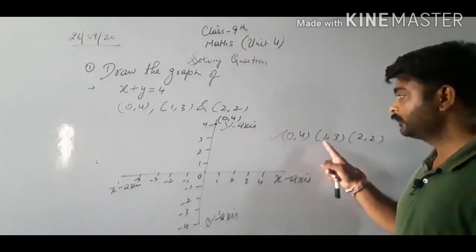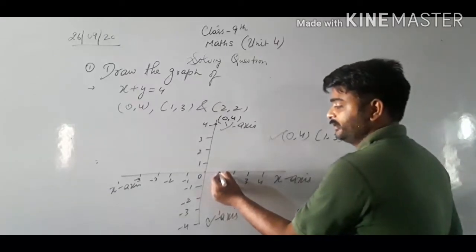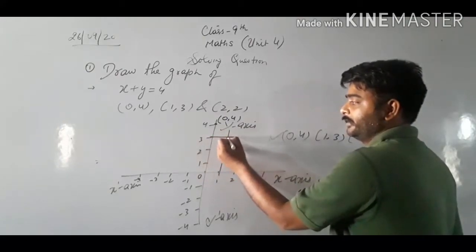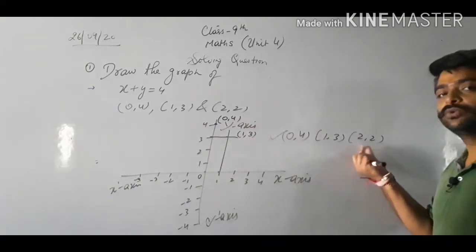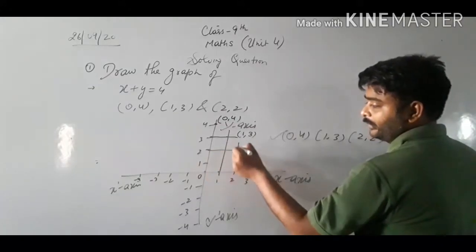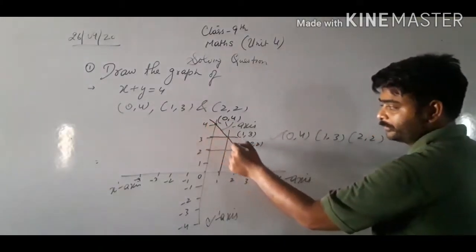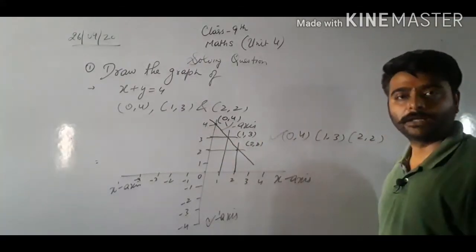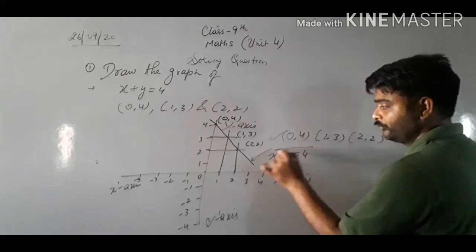Now this is (1, 3). What is (1, 3)? 1 is x and 3 is y. So this is x, it's 1. Then we go till 3. So the coordinate is (1, 3). Any doubt? Again, it's (2, 2). It's 2, we'll go to the y. The point of intersection coordinate is (2, 2). So class, when I join these, what I am getting is a straight line, and the name of this equation is x plus y equals 4.